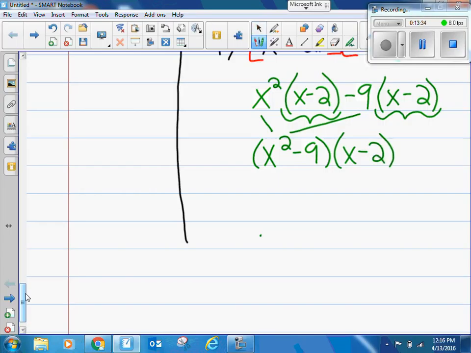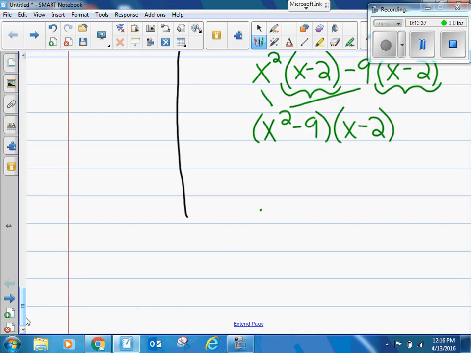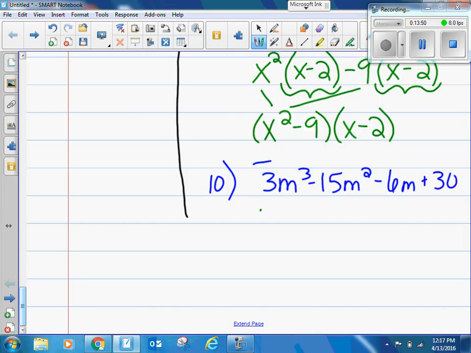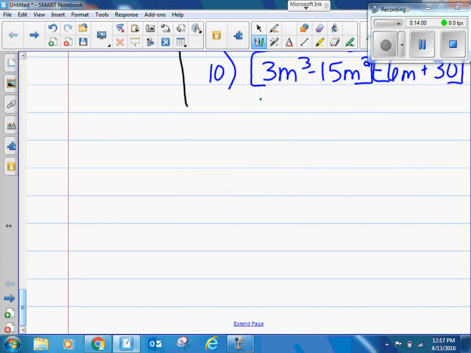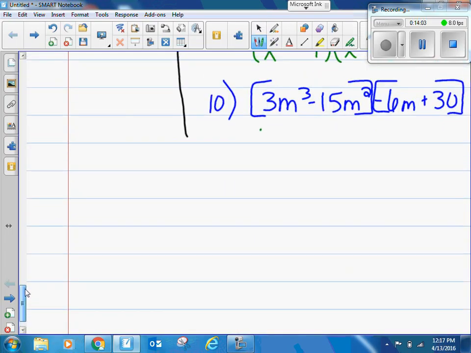Let's do one more example with this. I have 3m to the third minus 15m squared minus 6m plus 30. So I'm going to group these first two together, and I'm going to group the second two together. Now I'm going to GCF out of my first group. I am going to pull out a 3, right, because I can take a 3 out of 3 and 15, and then m squared, and I'm left with m